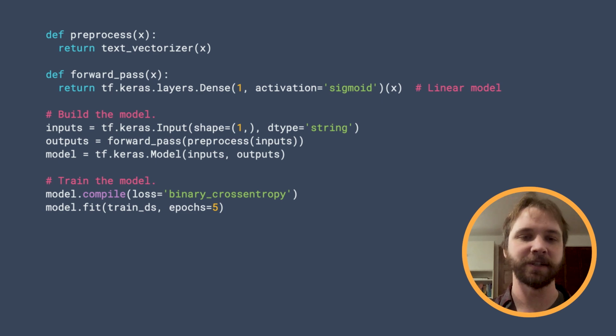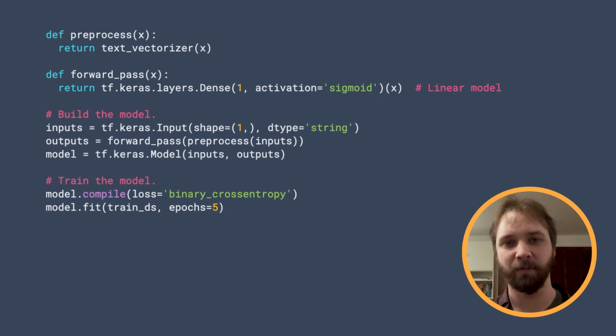So we're just doing a logistic regression on top of our bag of words representation. So once we have those two layers defined, we can build our actual model. And the way I'm going to be building the model here is called the functional way of building a Keras model, where you're basically going to define some symbolic inputs. You'll then transform those, and we'll transform them by applying the preprocessing function and the forward pass function in succession,